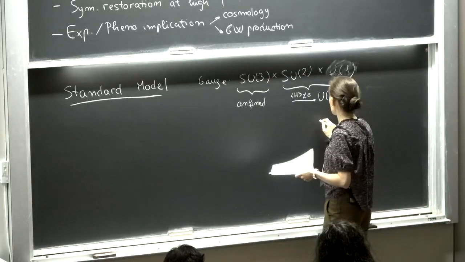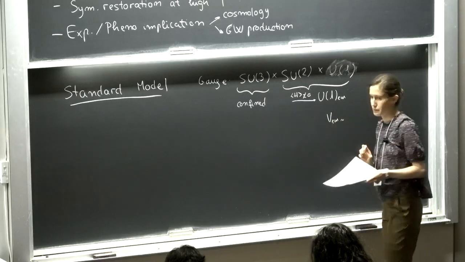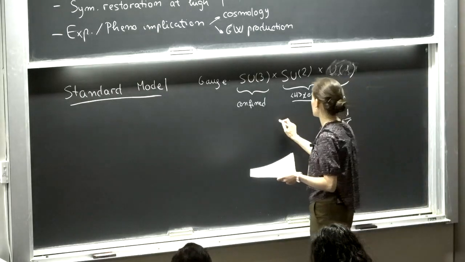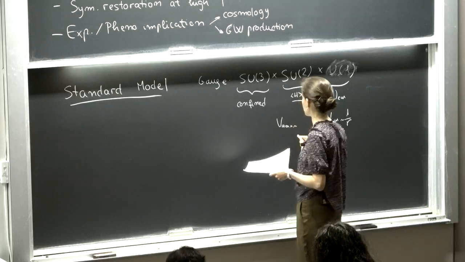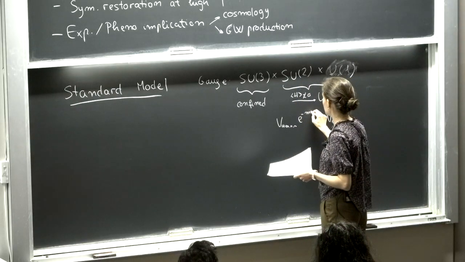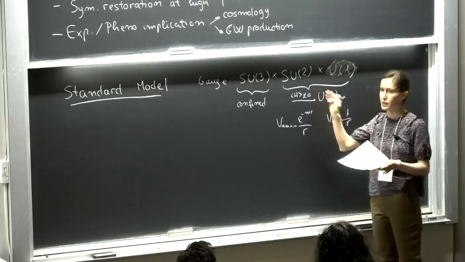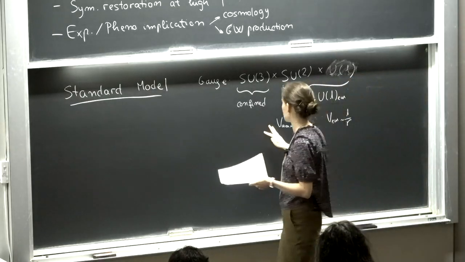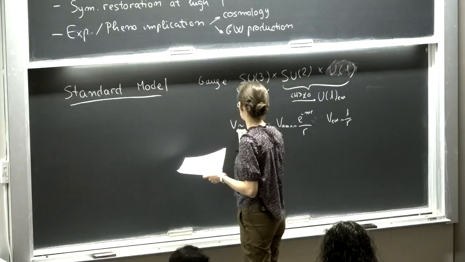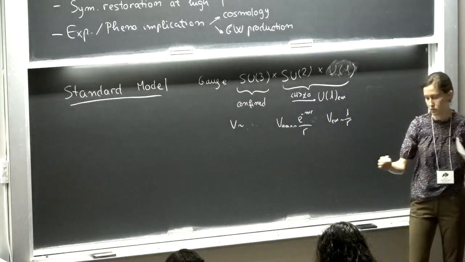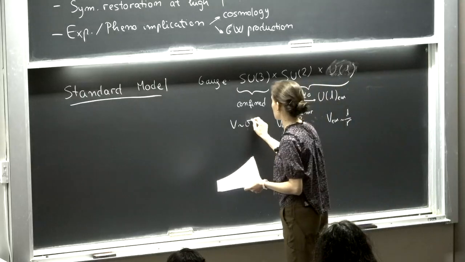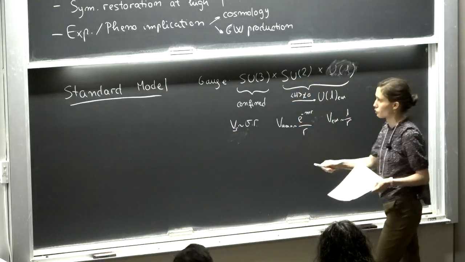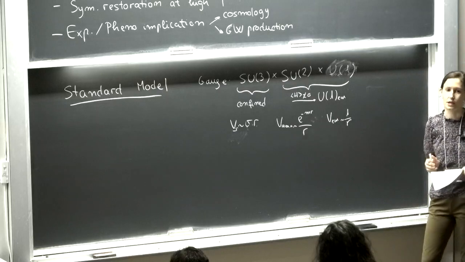So the potential for electromagnetism is a standard 1/r Coulomb potential. The weak interactions are Higgsed or screened, meaning that at distances much bigger than the quantum wavelength of the W and Z bosons, this potential decays exponentially. So this is the classic screened or Higgs potential. And for the strong interactions, gluons are confined inside what we call flux tubes in the infrared. So we get the usual confining potential where sigma is the tension of the string or